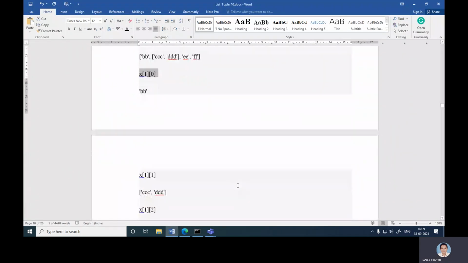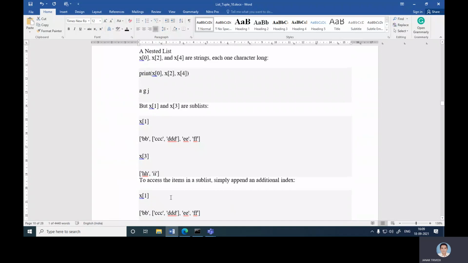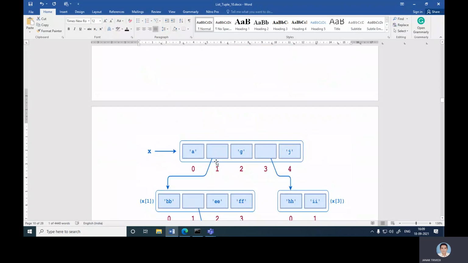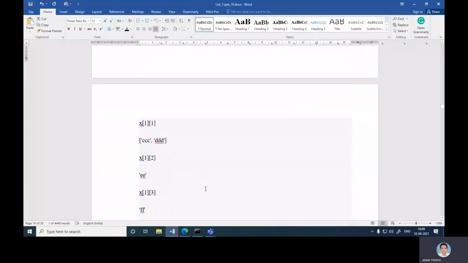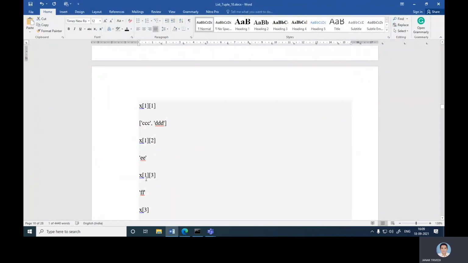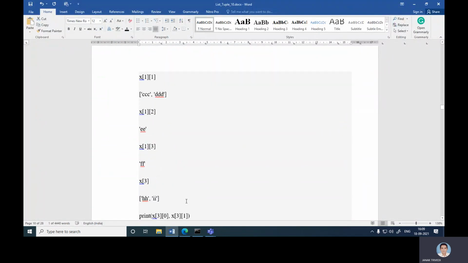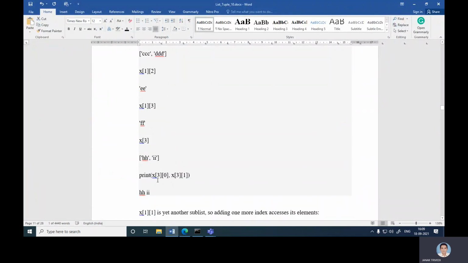Similarly, x of 1, 1. So x of 1, then 1. So it is CCC, DDD. Okay. Similarly, x of 1, 2 is EE, x of 1, 3 is FF.